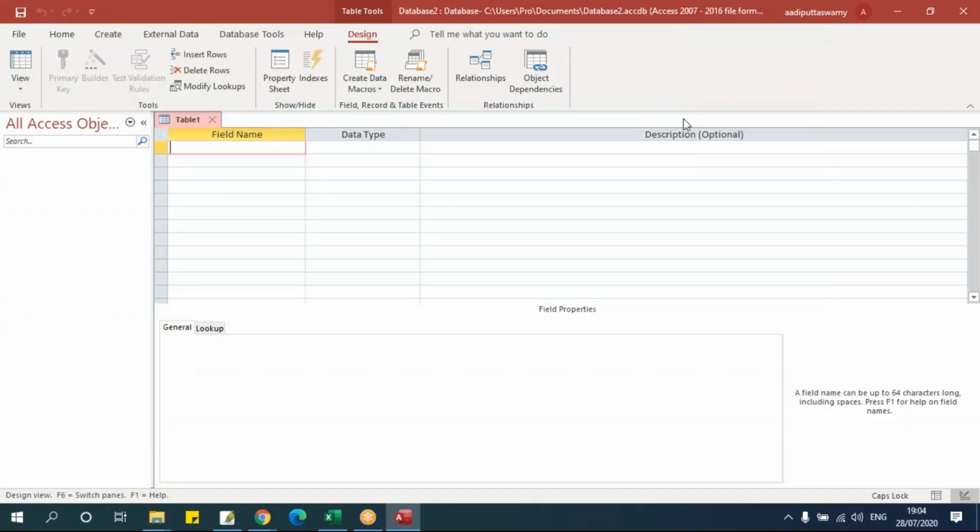I'll get one layout like this. This is where I'll be creating the table, that is adding all the fields to the table which you are creating. Here we have a small table which says field name, data type and description. Field names are nothing but the column names for the table which you are creating now. Now when you go here, first you have to decide what kind of table we are creating. Let's say I want to create an employee table, employee details table.